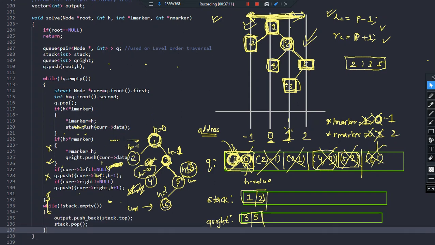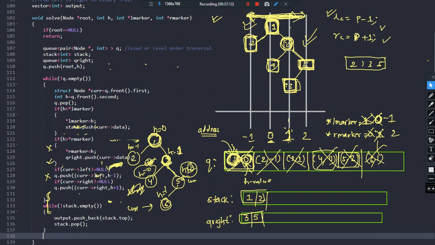So this way we will be able to put all the elements of this after popping into the output vector. So if this is my output vector, first of all I will pick up 2 because this is the topmost element. 2 pushed here, 1 pushed here, 2 and 1 are already pushed.